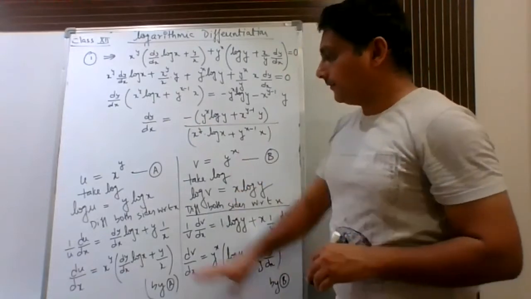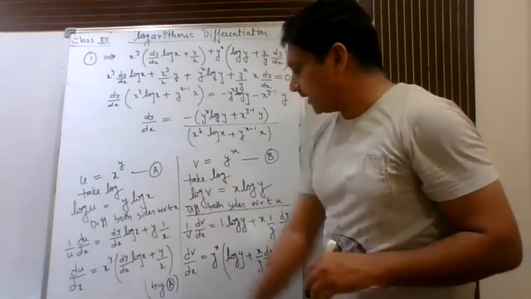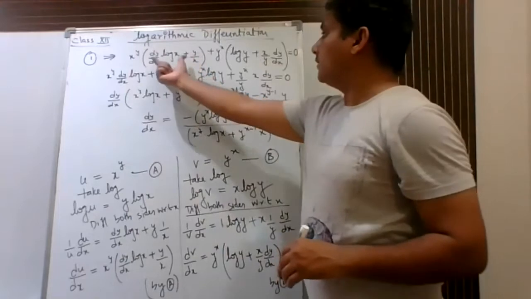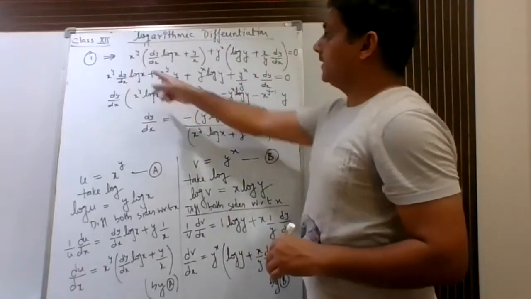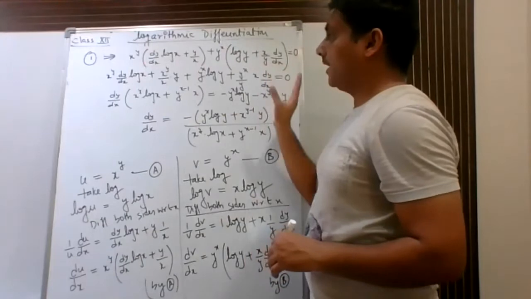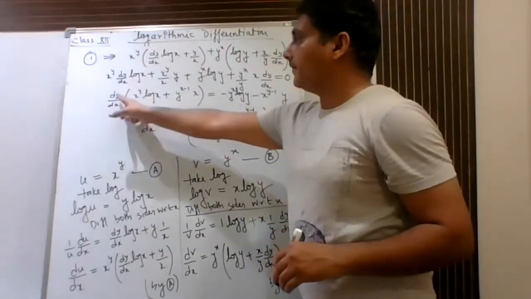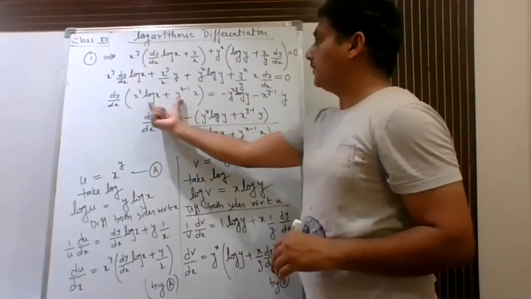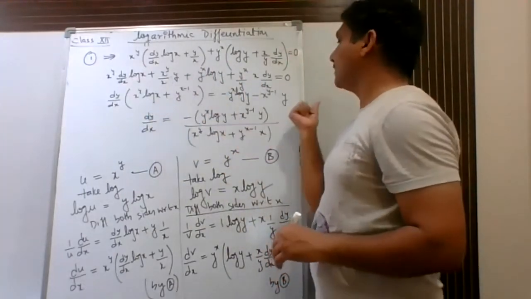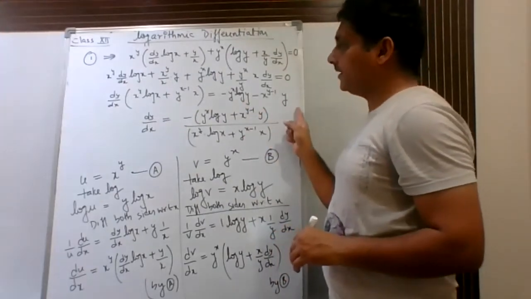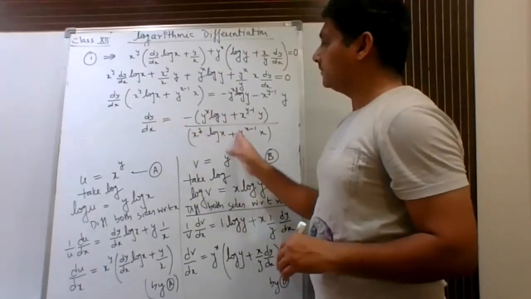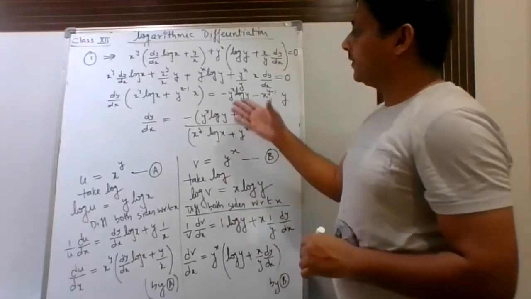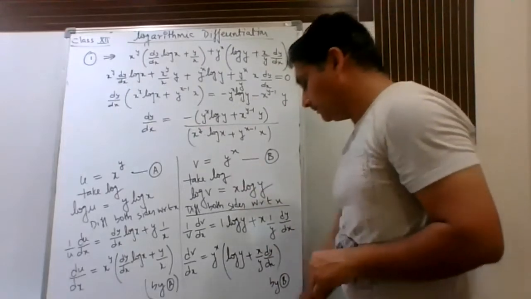What we had done, we had just substituted the value of du upon dx, dv upon dx in number 1. So when you substitute the values, this is what we are getting. Now after this, simply we had multiplied it. After multiplication, we are taking dy upon dx common out of first and fourth. This is what you will get. And these two remaining terms we had shifted on the right hand side. So this is what we will get. Now simply you will drop it on this side. So this will give us the final answer. So quickly you can write this. Then we'll proceed to the next question.